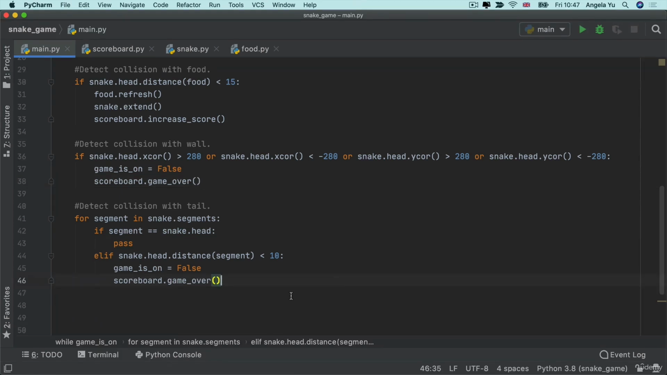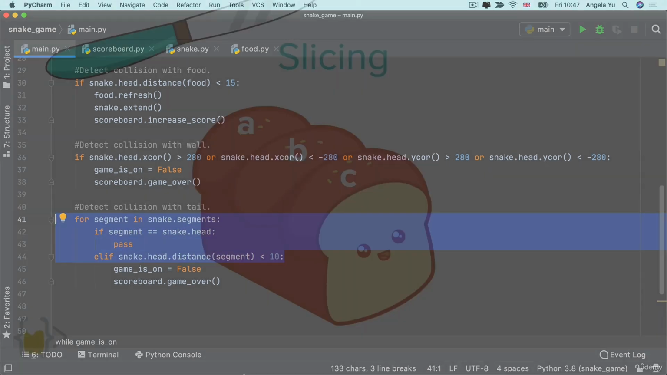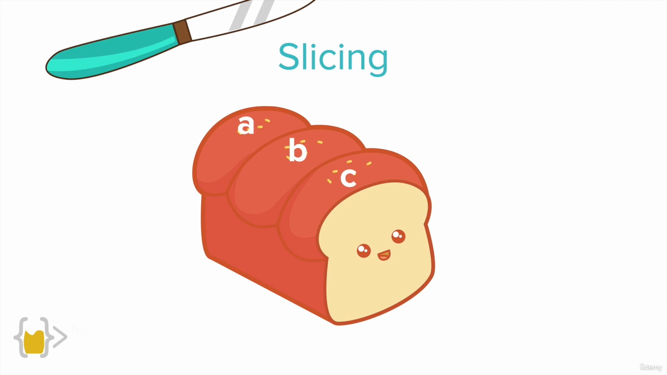Now, while our snake game works now with all of the functionality that we set out to create, there's just one thing that bothers me a little bit about this code, and it's how wordy this section is. All that we're trying to do is make sure that we're detecting the distance from all of the segments that we're looping through in snake segments other than the first one. Surely there's an easier way of doing this rather than writing all of these lines of code. And indeed there is. But in order to use it, we have to learn about a Python concept known as